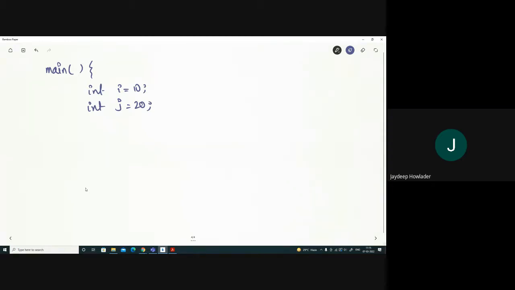We want to swap the values of I and j. So I need a function which swaps I and j. That means after this function call, I will take the value of 20 and j will take the value of